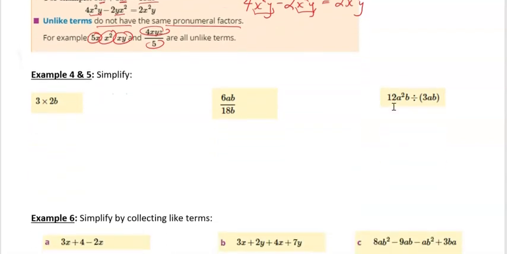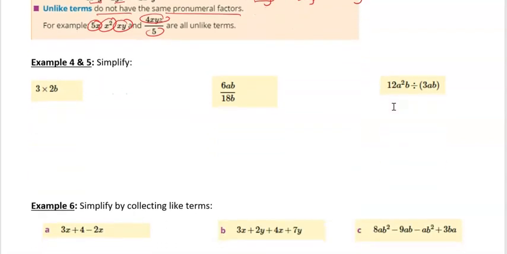Now let's do some. Simplify 3 times 2b. I like to look at it as 3 times 2 times b. 3 times 2 is 6. 6 times b is 6b. That's all it is. So when we're multiplying, we don't need them to be like terms because we just spread